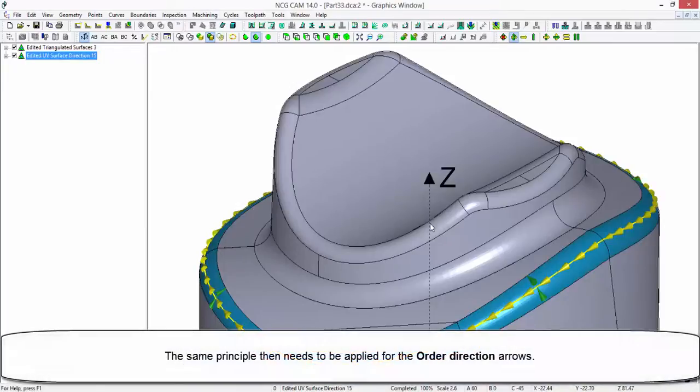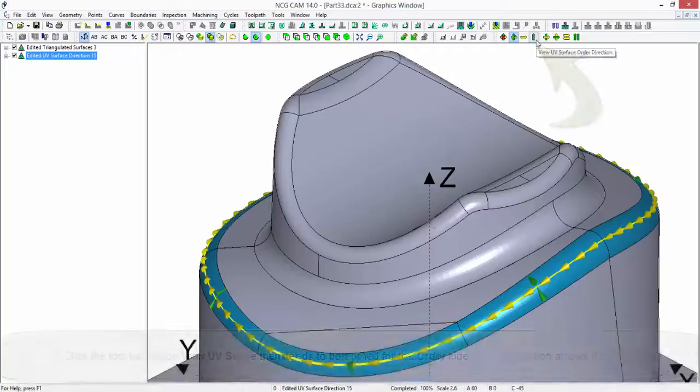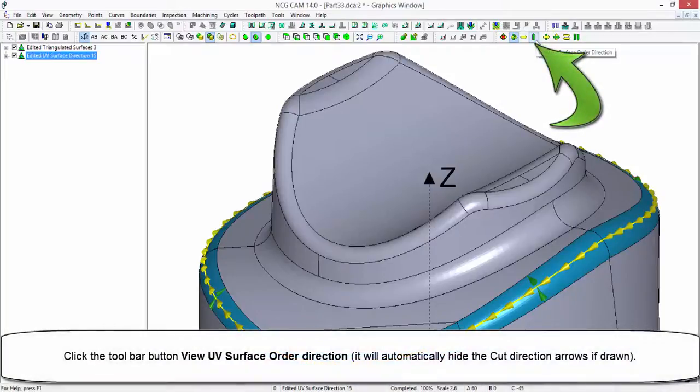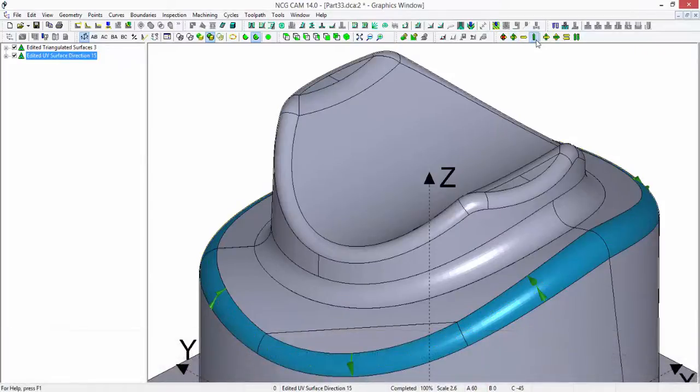The same principle then needs to be applied for the order direction arrows. Click the toolbar button, UV Surface Order Direction. It will automatically hide the cut direction arrows if drawn. Again,